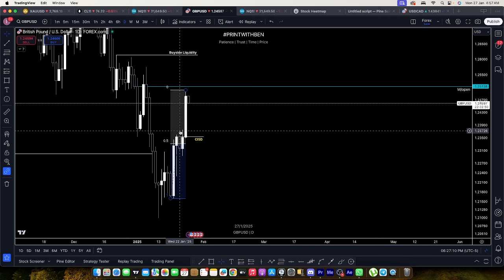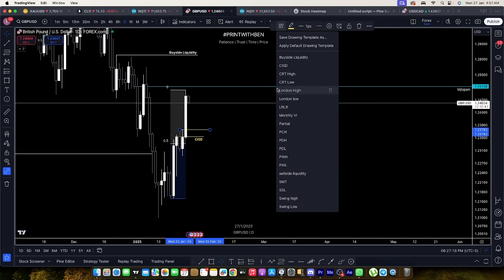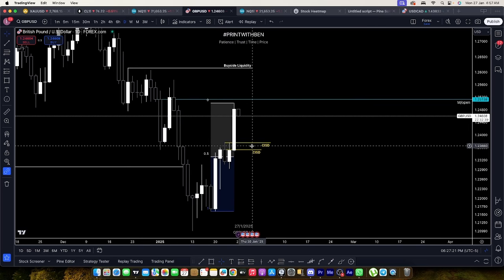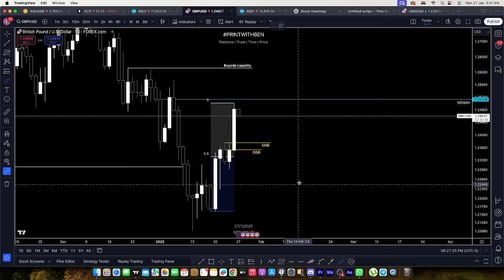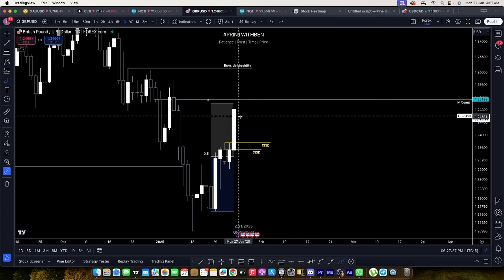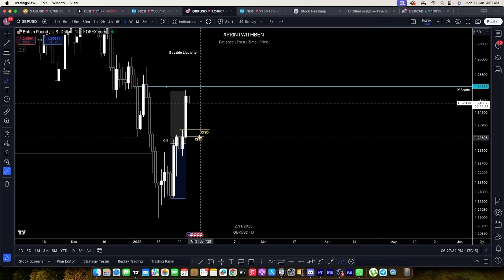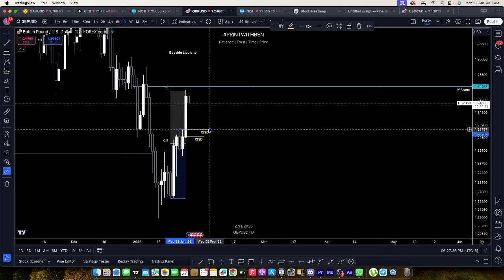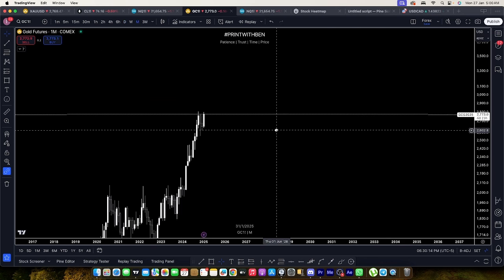Probably in the wick or opening price we might find support and then move higher. Probably something like this. In the premium wing or open, like premium wing or highs, we might find support and then we might run up like something like this. Something like this could happen. But again, we don't know what will happen, what could happen is the only thing we can anticipate, and that's what I'm doing right here. That is pound dollar. Now we have gold.